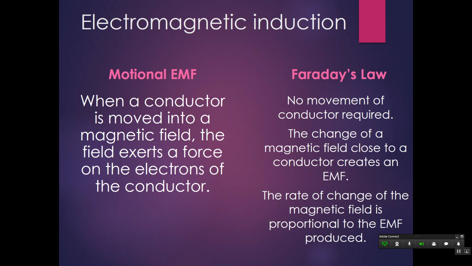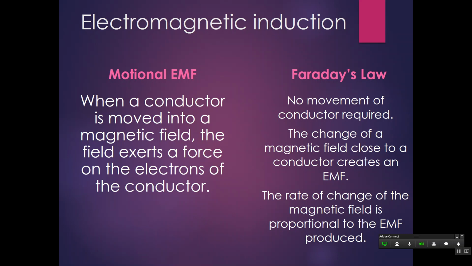So if you have a wire and a magnet and you move the magnet in and out of the field of that wire, you're going to have a current in that conductor. It really has nothing to do with the strength of the magnetic field. It 100% has to do with the change of strength of the magnetic field. So if there's a high rate of change,